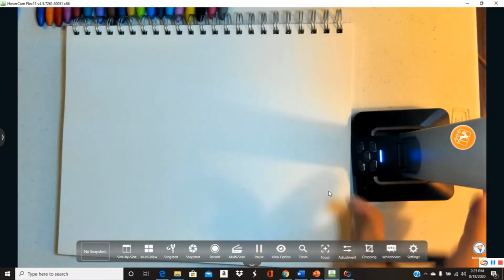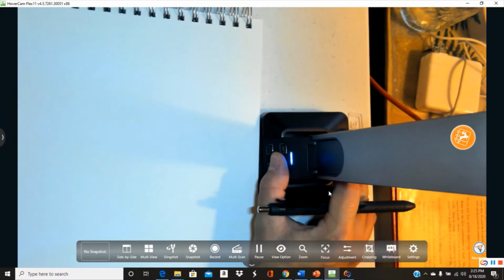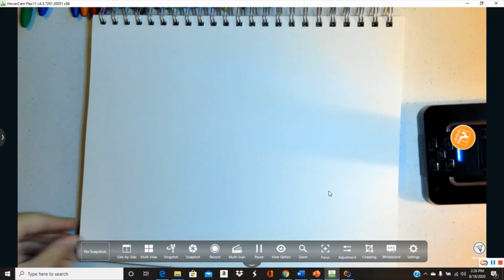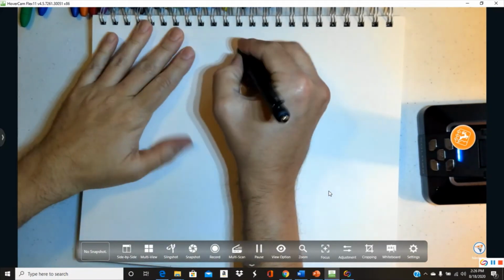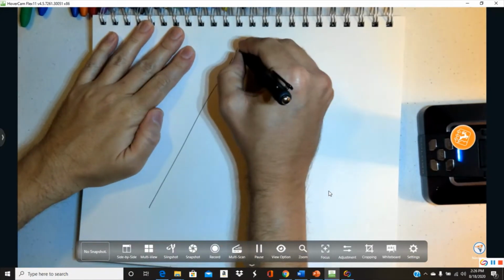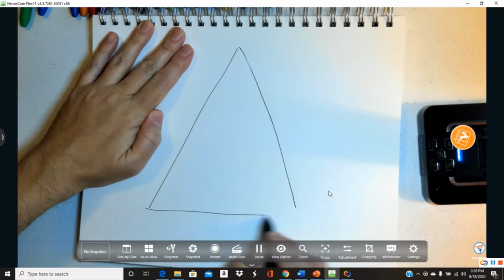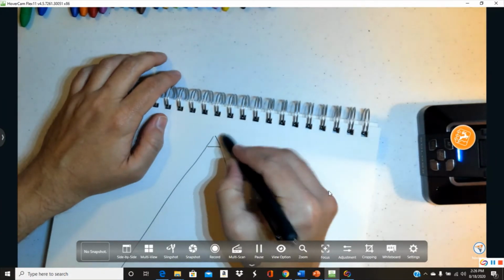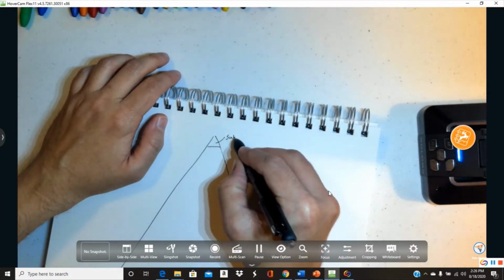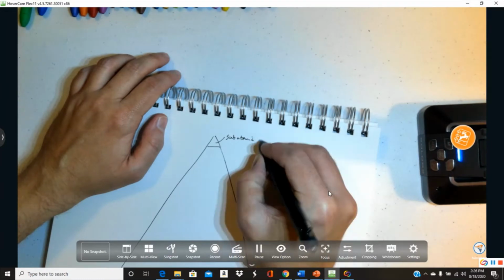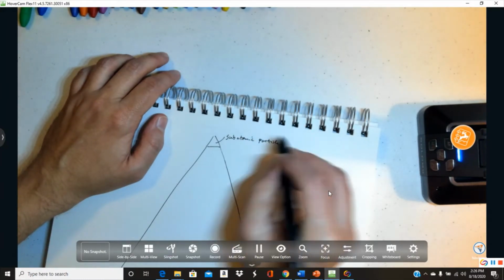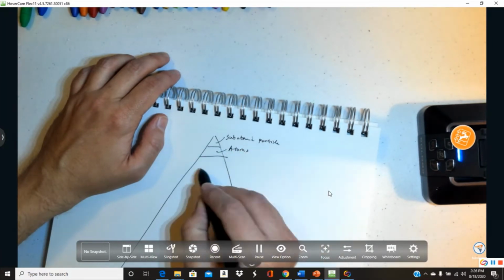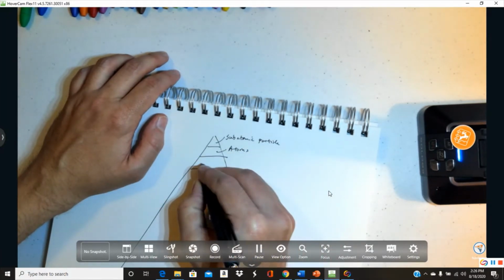so let's just change that a little bit. I want to see more of the paper. Okay, less of the camera. Okay. So let's say, guys, that I had a pyramid, and I'm looking at one part of the pyramid. We would have very small things up here, things like subatomic particles. I would have atoms. I would have molecules,